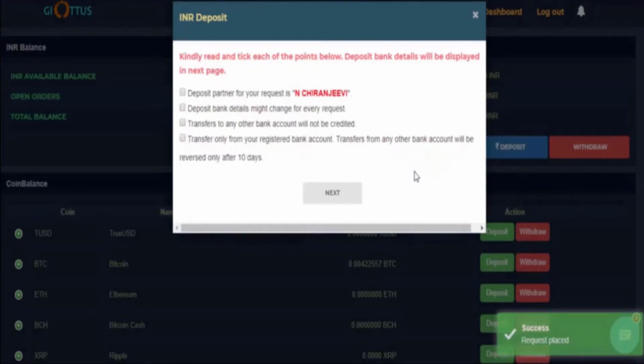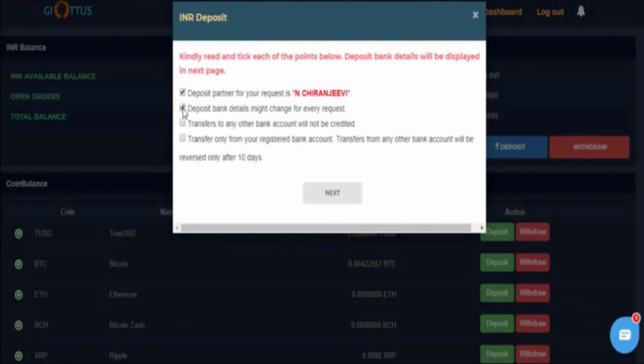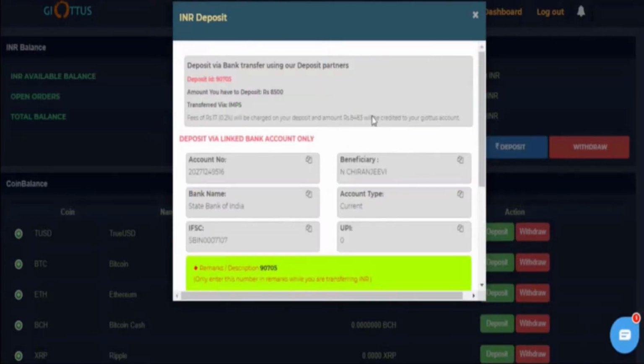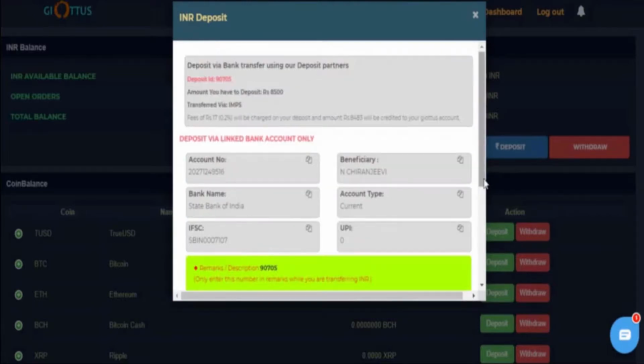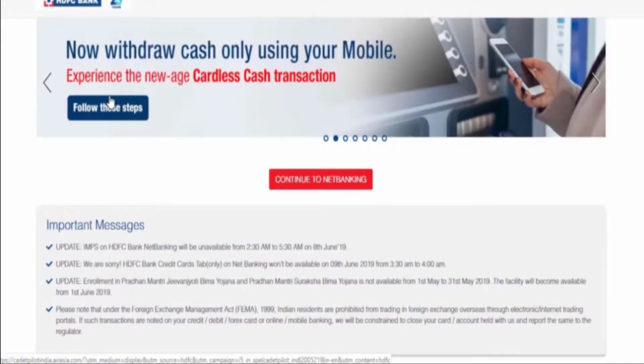After clicking submit, it will show me an agreement. I will simply tick mark all those agreements and click next. Then it will show the account information on which we have to deposit the amount. You simply need to add this account number that's shown on your dashboard in your internet banking.